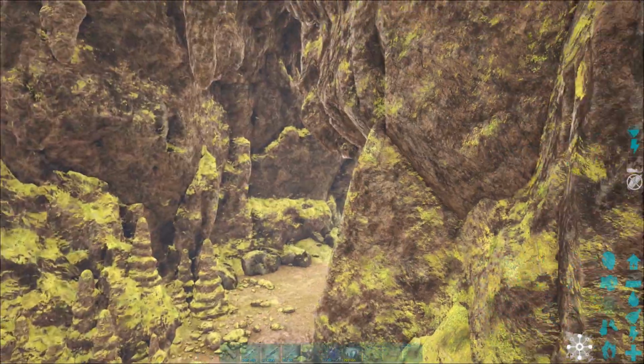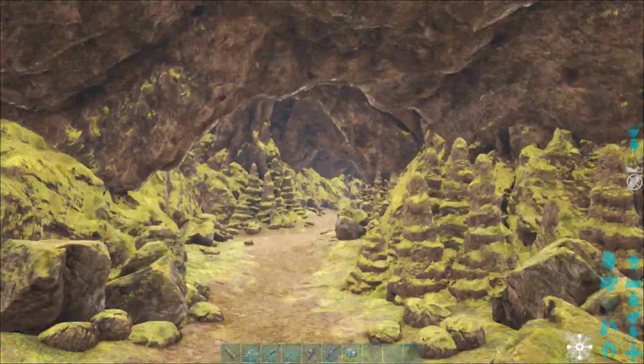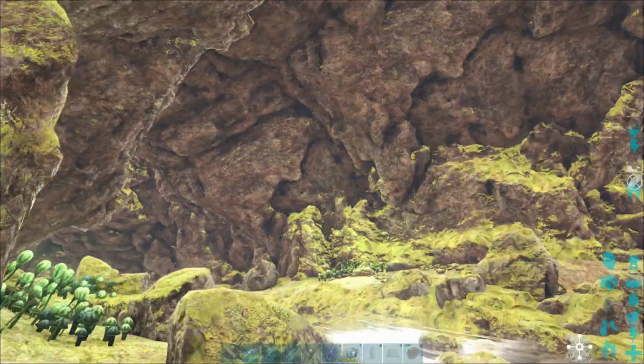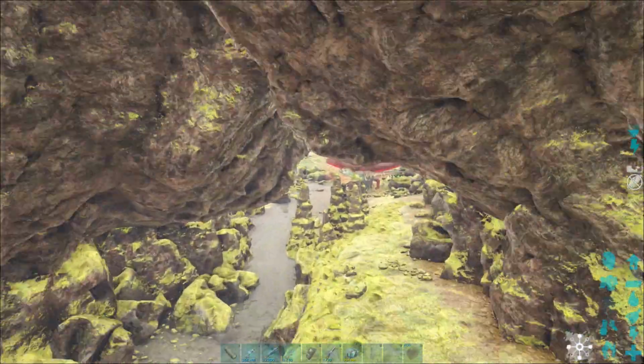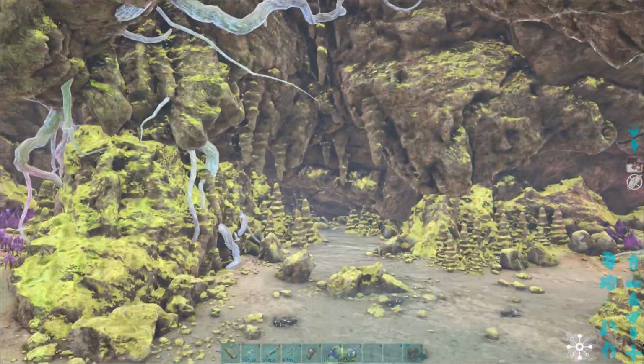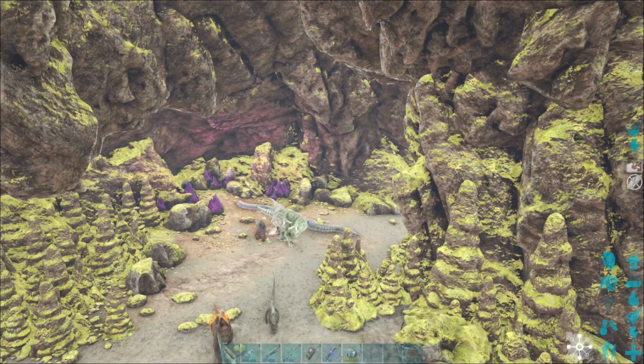Sometimes it does get quite tight, so I reckon I could probably bring my Shadow Main here. I might have to cryopod it a couple of times just to get through some of these tight squeezes. But yes, there's a lot to see, and we even have an Alpha Carno, so keep that in mind. I think it's a cross between a cave and a